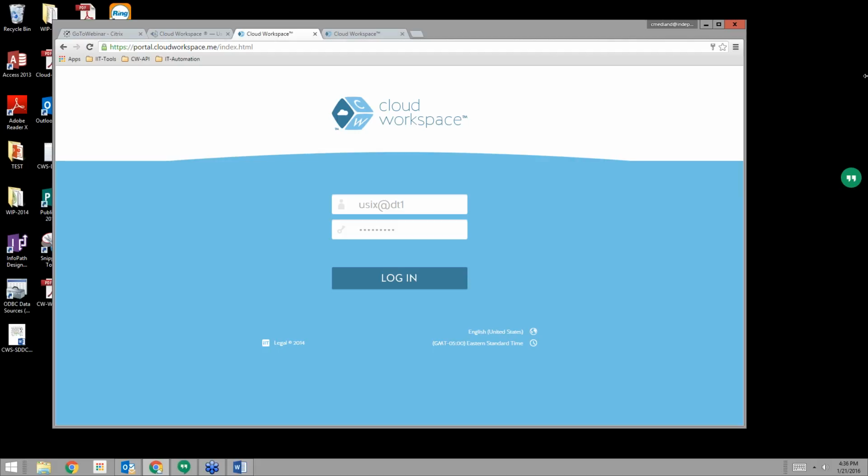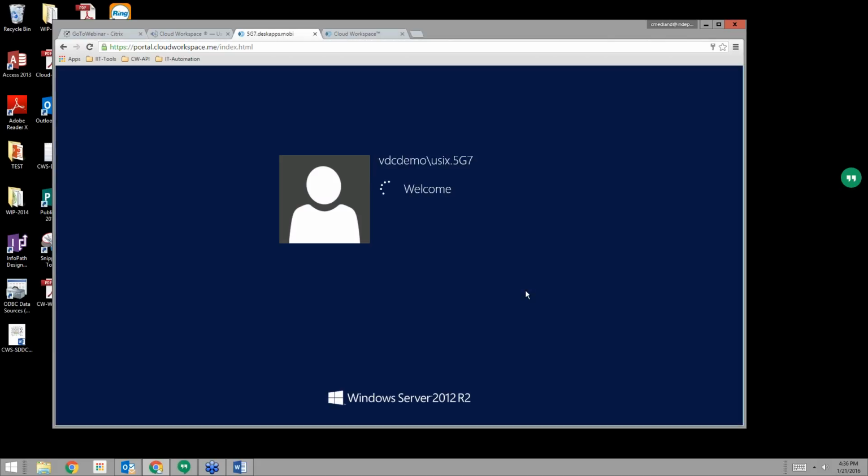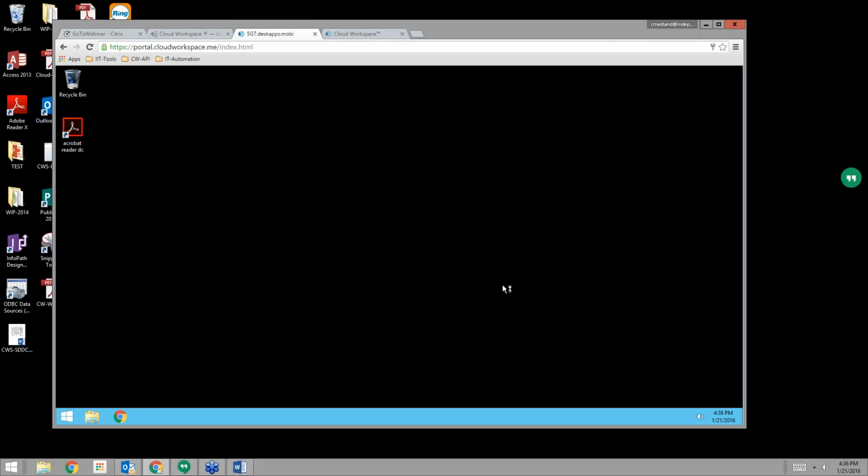If you look at this single standalone page and put your MSP logo on here right next to Cloud Workspace, it would look really good. It would look very custom and very much like your own stuff, and your end users are none the wiser. Get the pun? None the wiser?